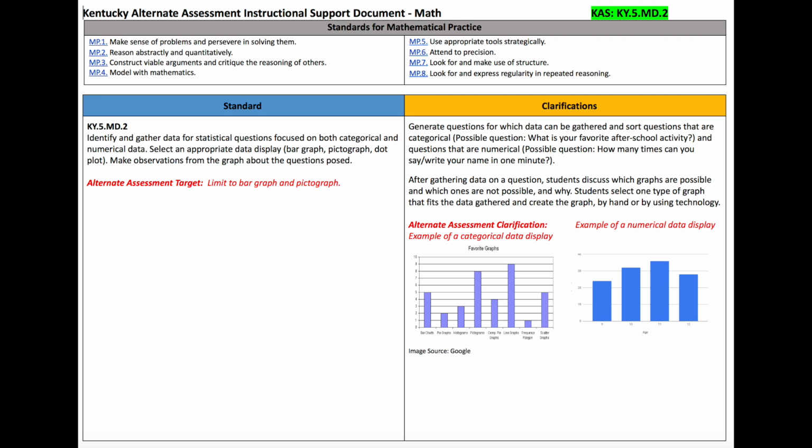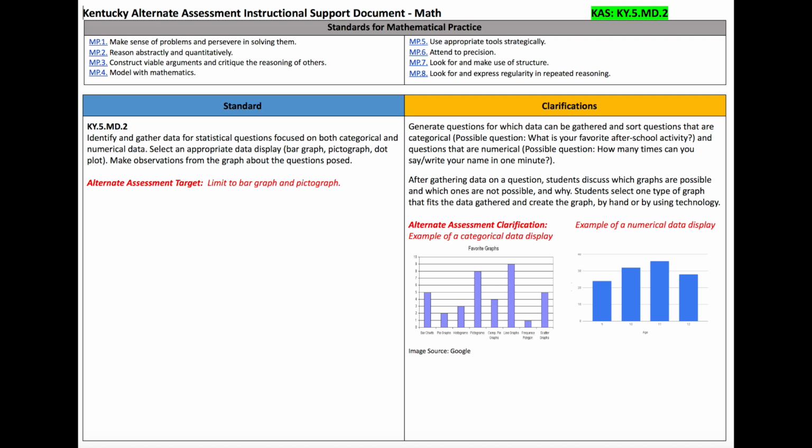Okay. Now, the thing here I think the kiddos will probably have the most difficulty with is understanding the difference between categorical data and numerical data. So it's just something we have to teach our kids. Categorical data is something you can answer with a word, a choice of something other than a number, a count of something. So examples of categorical would be surveying favorite fruits, or a favorite color, or a favorite type of car.